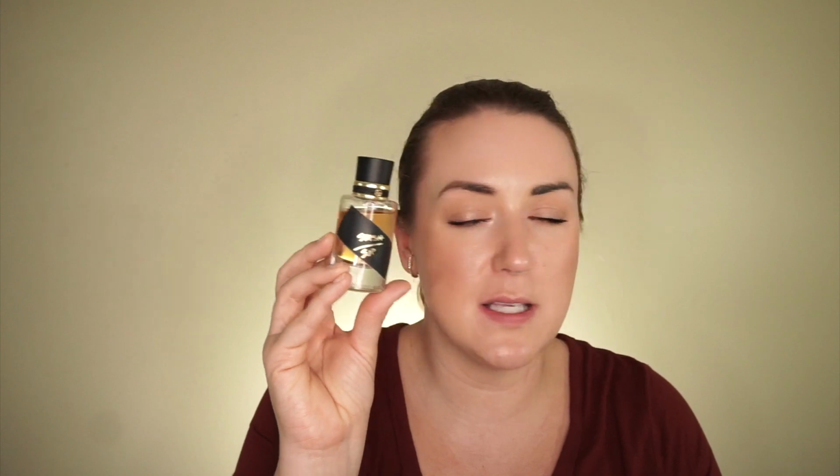So this fragrance right here is Sultan Al Oud. It's my absolute favorite, and it reminds me so much of one of my favorite fragrances in my collection. I have 2 bottles of this plus the oil, but this is Stash by Sarah Jessica Parker, and it's a very dry, woody scent. It's great for mixing with sweeter scents to bring them over to be a little bit more masculine, but